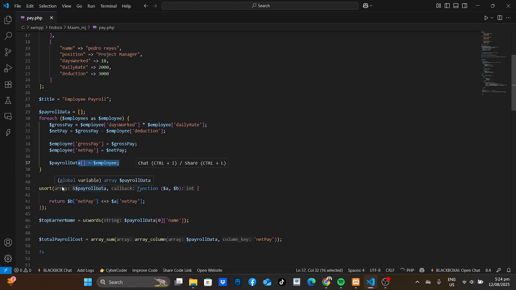Next, I use the usort function to sort the employees in descending order of net pay, so the highest earner appears first.